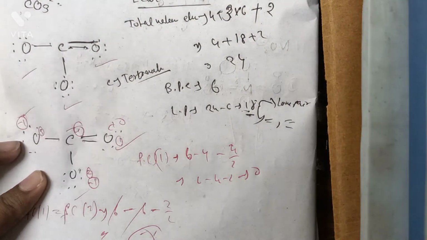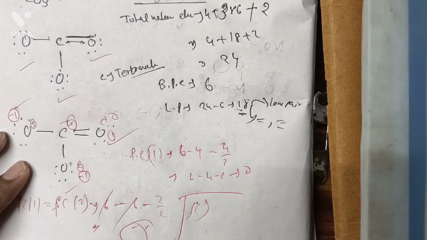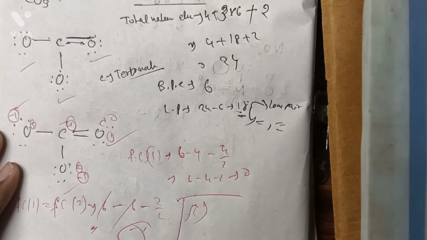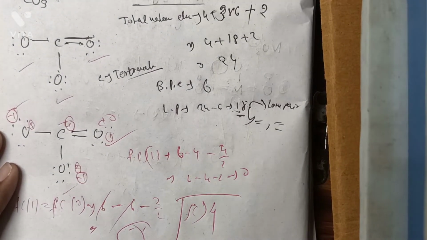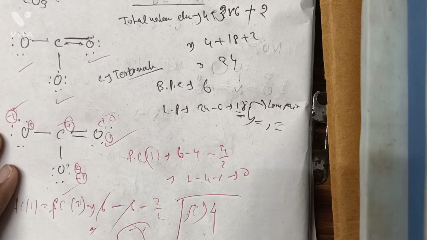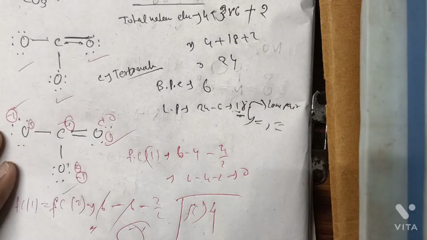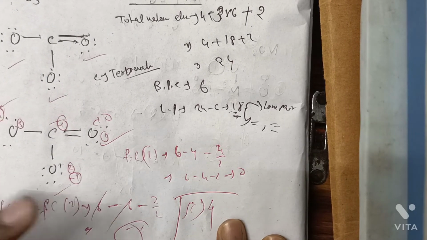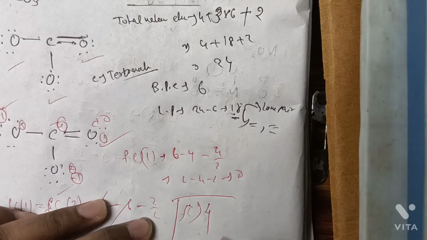Now we write for the carbon atom. For carbon, as you all know, the electronic configuration is 2, 4 and the atomic number is 6. It has valence electron 4. Many of you write valence electron 6, but that is not correct. The correct answer is that it has valence electron 4, because the atomic number is 6. If we do the electronic configuration, it comes out to be 2, 4. The valence electrons are the electrons present in the outermost orbit: 4.